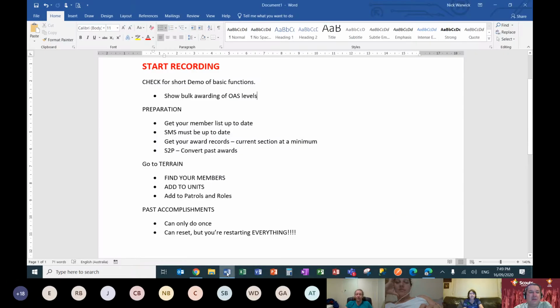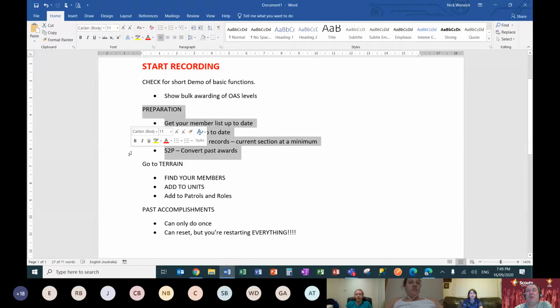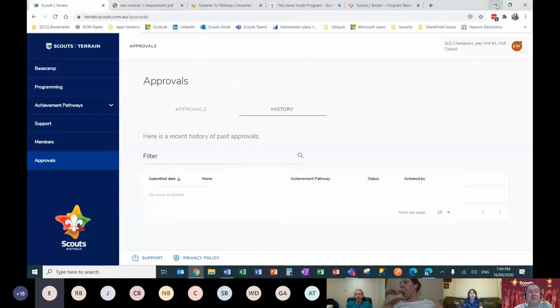So I think that brings us to the end of what I'll call the very fast 30-minute demonstration of Terrain. What I'm about to do is start going into how to set up Terrain and what you'll find on Friday afternoon once access has been granted. So any last questions before I go on to that one? Warwick,